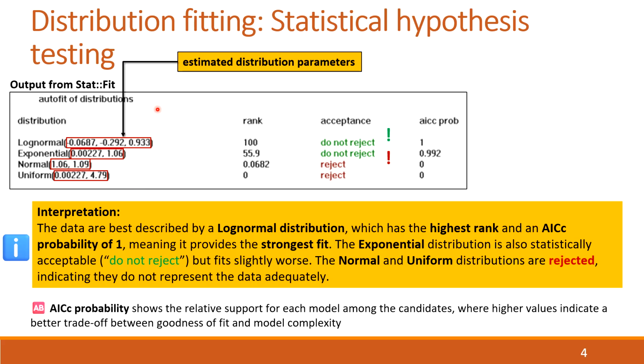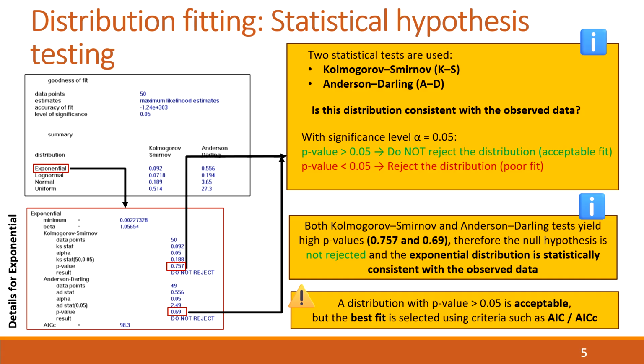And you see, here we are able to recognize specific values for each distribution, which is the second very important result for us. Okay, so we already have quite a lot of useful information from StatFit,